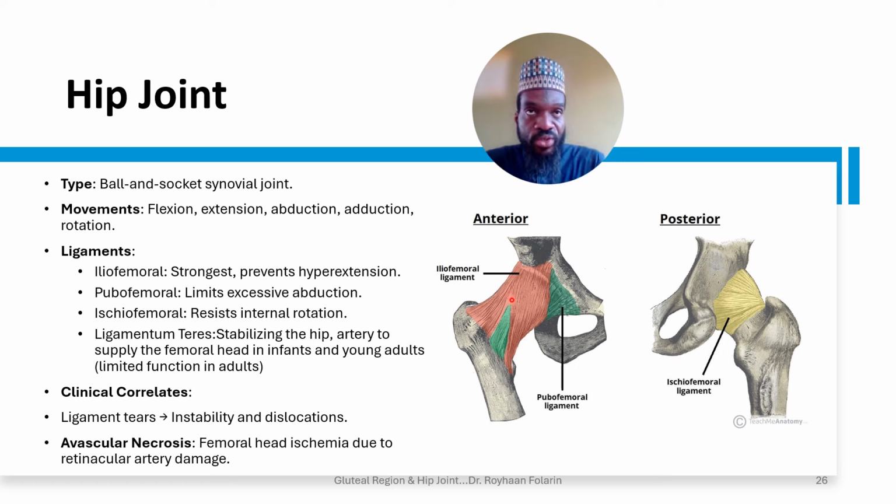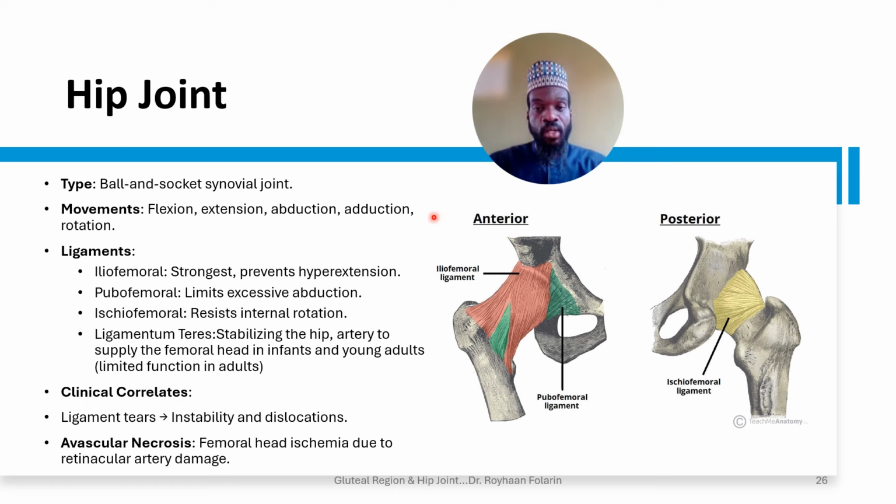It's trying to ensure that this area does not get separated whenever the area is extended, so to speak. If this were a muscle, and bearing in mind that we are looking at the anterior part of the hip joint here, if this muscle were to contract, it would result in some